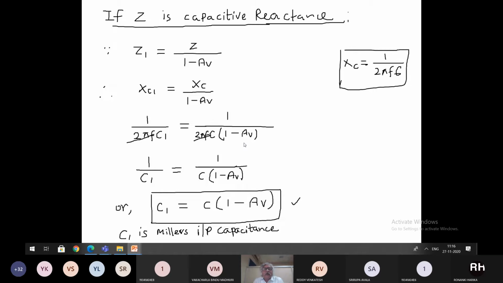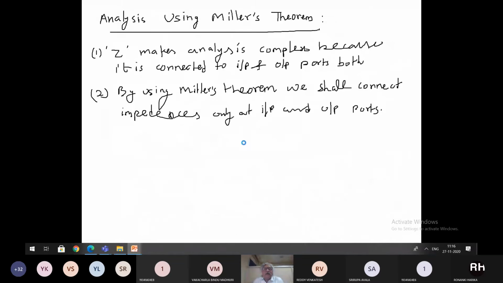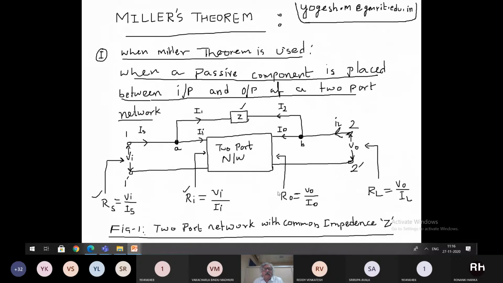Okay. So in the last lecture, when we were analyzing this circuit for Miller's theorem, we did the analysis of the input section, and I asked you to do the analysis for the output section in the same way. Many students did that and sent me the analysis by mail, not all students, but I appreciate those who sent it, and almost all of them did the right thing.